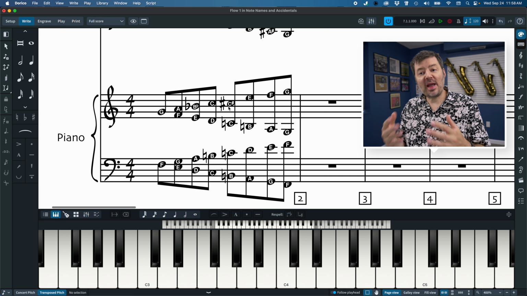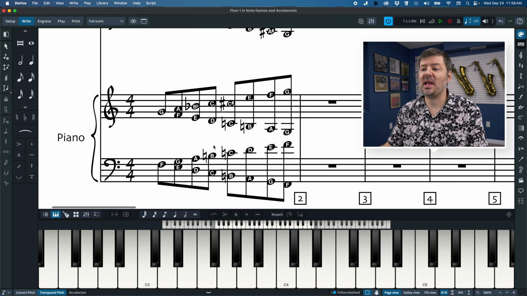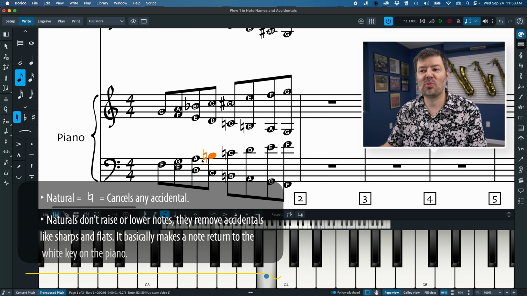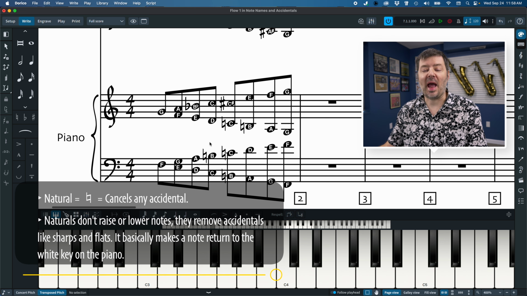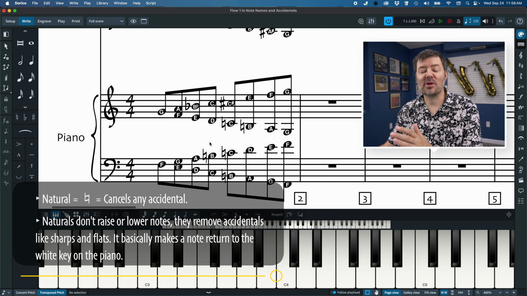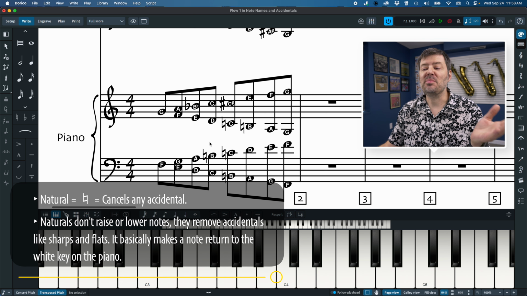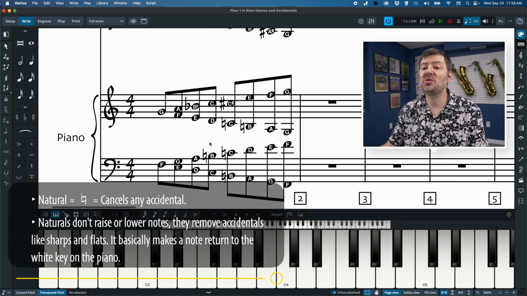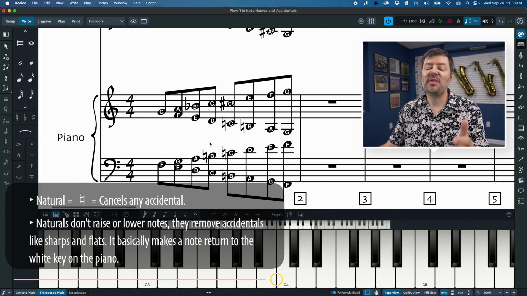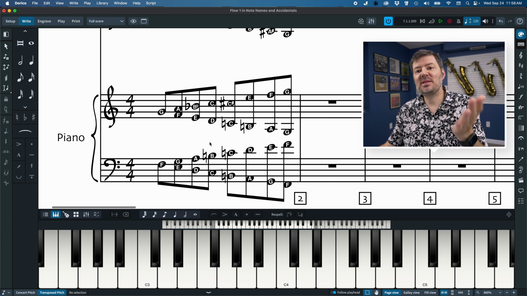The final accidental I want to talk about today is a natural. A natural, which is this symbol right here, cancels out either a flat or a sharp. So if you had a B flat and you turned it into a B natural, that means that you would be raising the note up to the regular B. If you had a C sharp and turned it into a C natural, you'd actually be lowering the note, because